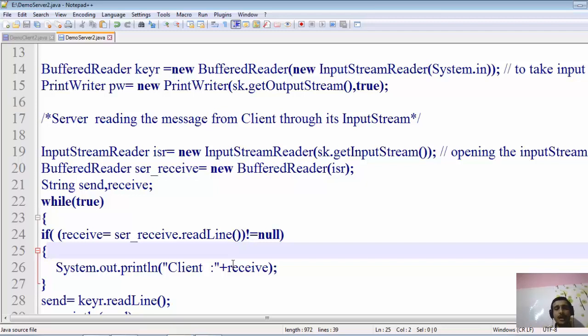All the lines that are received in the form of a string will be printed in our output. When the string returns null, it means all the lines have been exhausted, there is no line to be read, so it will return a null and come out of the loop.